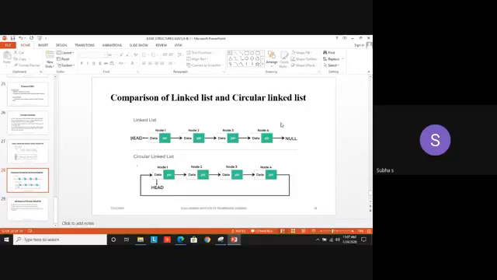But in a circular linked list, what will we do? The last node is connected to the first node with the header. Here I have the header. The header has the address of node 1. That is, you have to mention it specifically. So these are the things with respect to circular linked list. As told, we can implement it either using a singly linked list or a doubly linked list. So no need to explain the routines again. Same operations only, insertion and deletion. Both are very, very important routines.